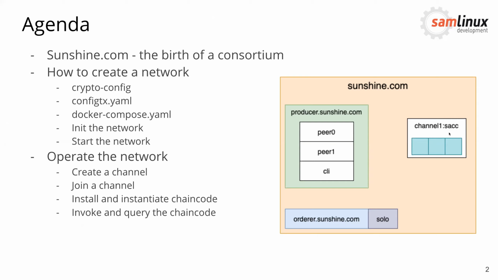This is a chain code which you can find in the Fabric samples, and it's really basic: you can store a key and a value. For the beginning, we will use the solo orderer